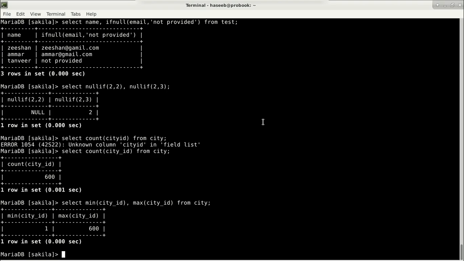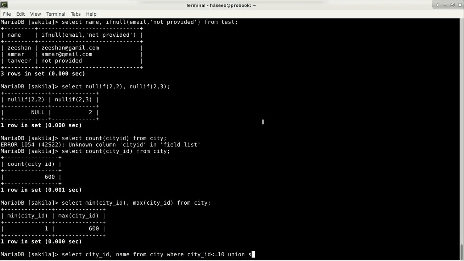Okay, now let's say, this is not a very meaningful example but it just gives you an idea of how union works. Let's say I write one query in which I want to display the IDs of the first 10 cities and then the IDs of the last 10 cities. So one way of doing it is: select city ID comma name from city where city ID is less than or equal to 10,